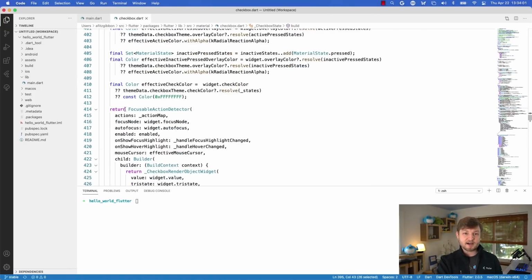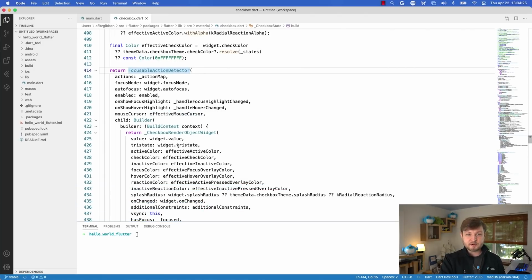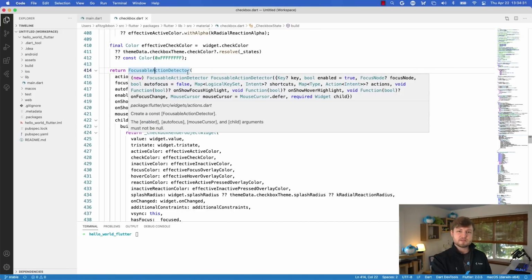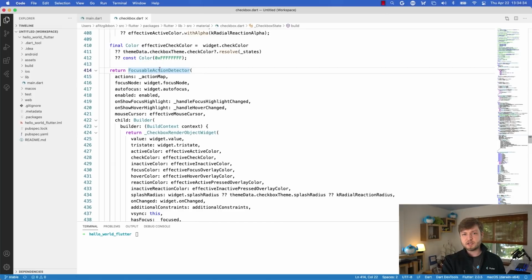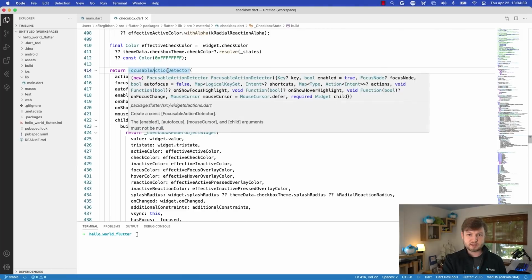As we go further down, we get to our return, which is a FocusableActionDetector. That to me sounds like maybe there's some rendering there that could be interesting. But again, I'm trying to find something where we can get to the actual native calls for drawing things on the screen. And the FocusableActionDetector doesn't really seem to me like it would do that. That seems more like a semantics sort of thing to me. And if we hover over that,